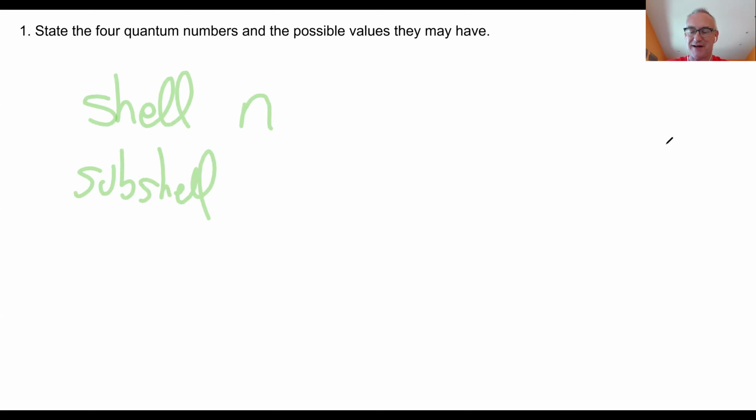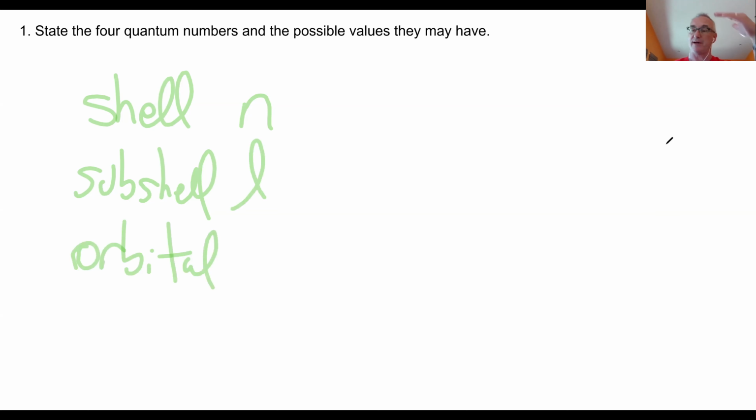Again, Nick and Ryan to the rescue. Someone read it to me. If you read in the chat, what does it say? L. Now again, N, everyone sort of knows that, it stands for number. L, you can think of it as subshell or something. It's N and L, and then the other two are orbital,